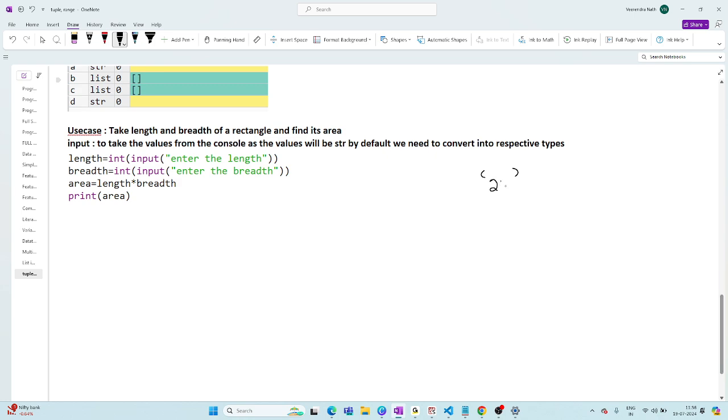Suppose you are giving 25, you are giving 50, అవునా. Int అనగానే ఏం చేస్తుంది, సింపుల్‌గా కోట్స్‌ని రిమూవ్ చేసి ఇచ్చేస్తుంది, అవునా.